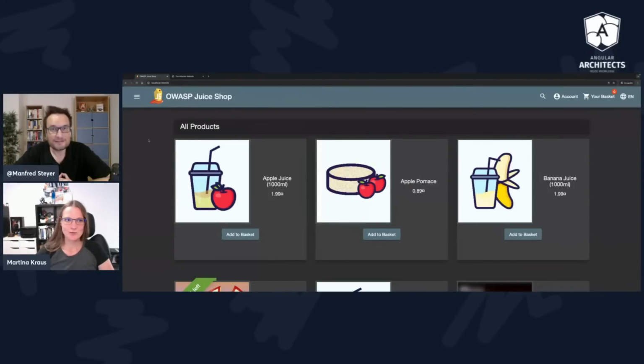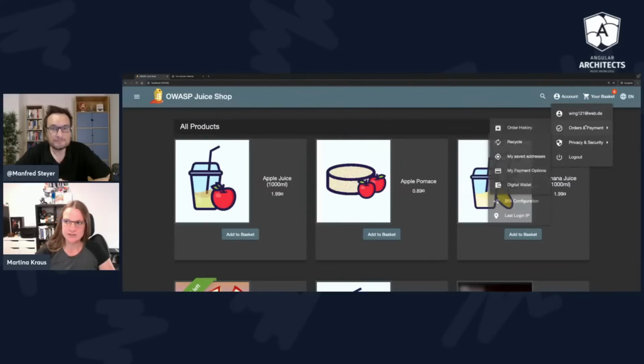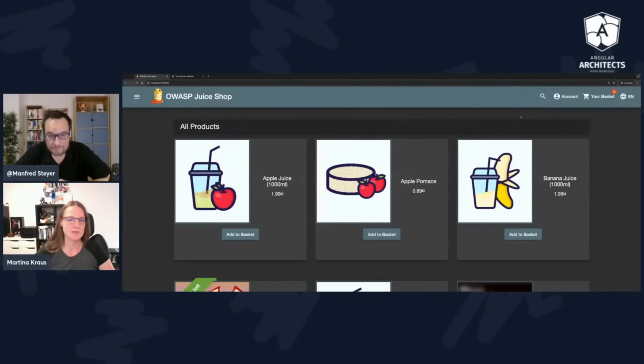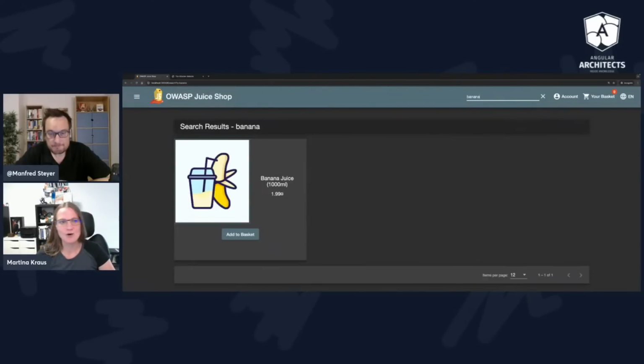For that, we might research a little bit on the website. We might want to figure out where there could be an input field, for instance, which is a common attack vector. We might just want to enter some JavaScript code. I just logged in myself. I created an account already with an email address, and I just logged in. Here, one thing that immediately pops into our mind is a global search field. So here we can maybe search for some banana or whatnot.